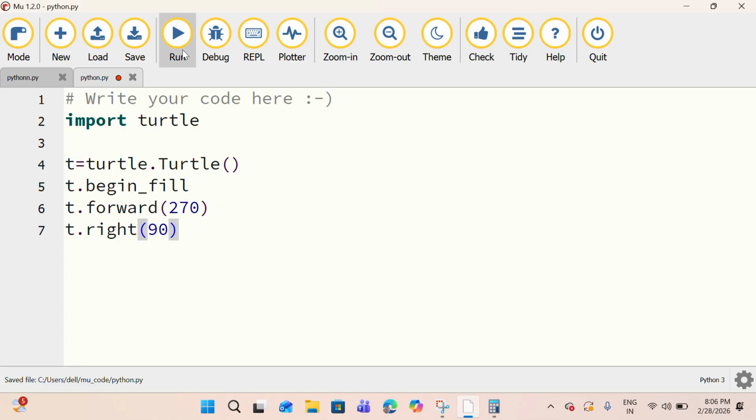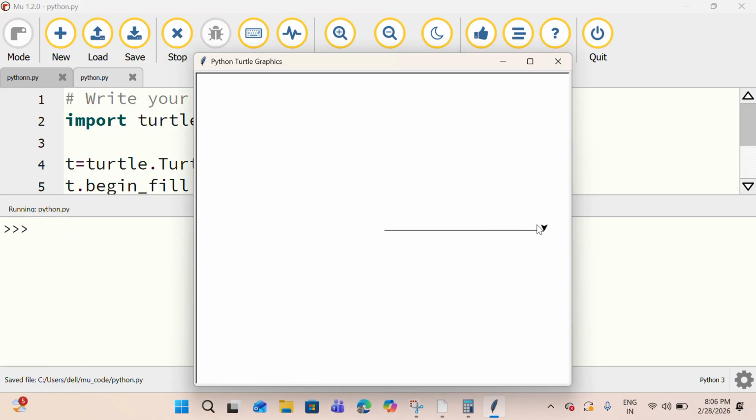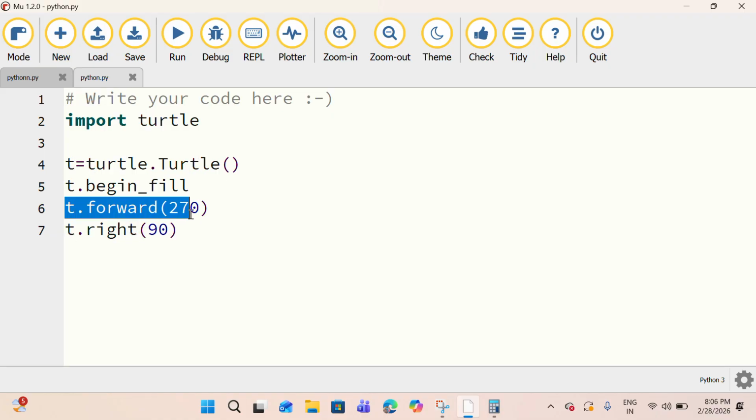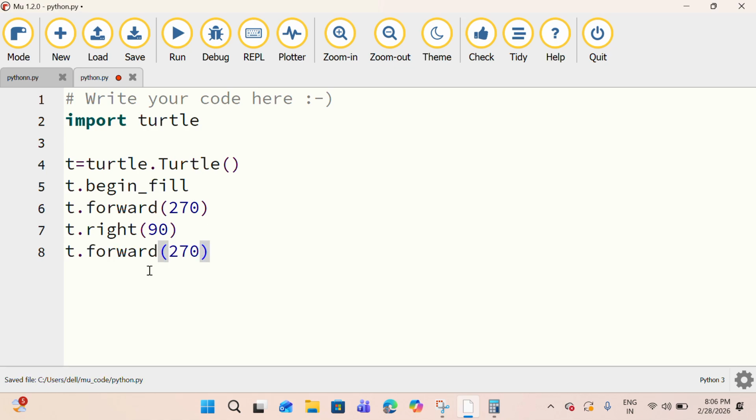So if you see, same, now we'll get 270 forward. We'll just copy this, only this, as previously. Then again we need it.